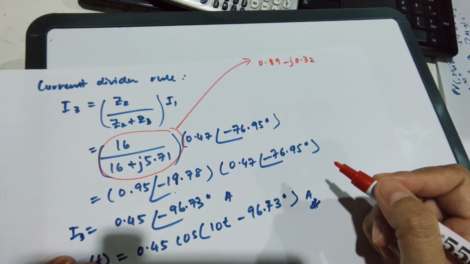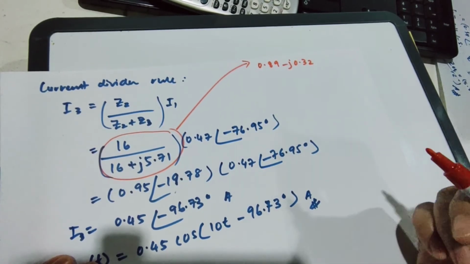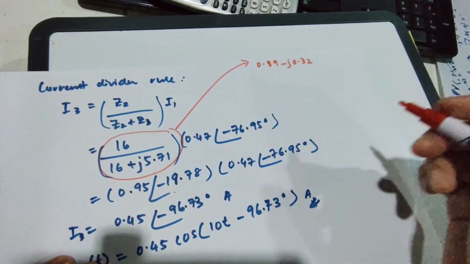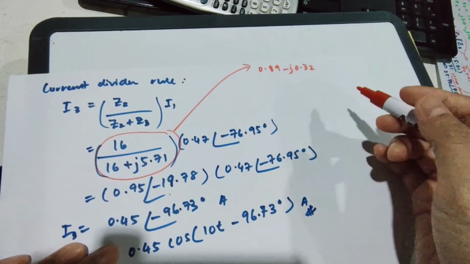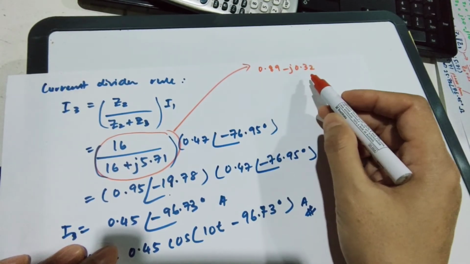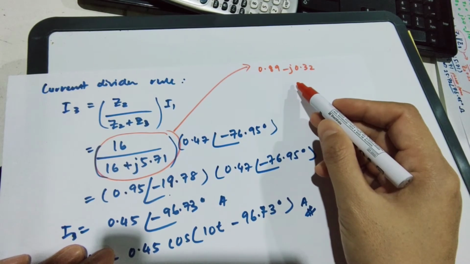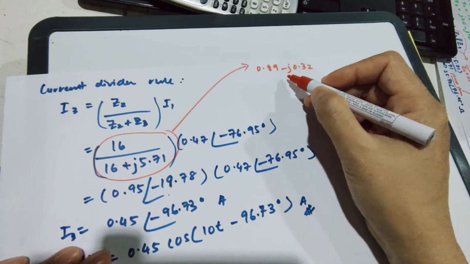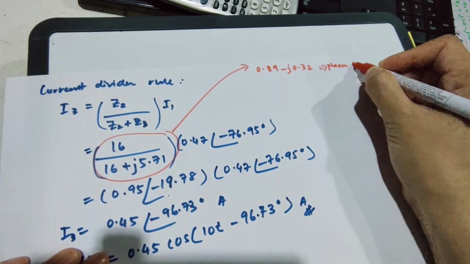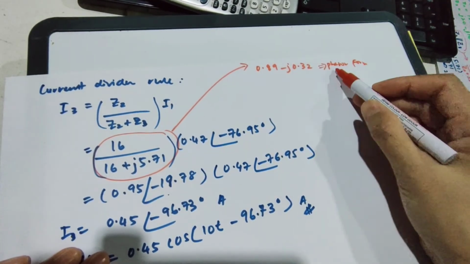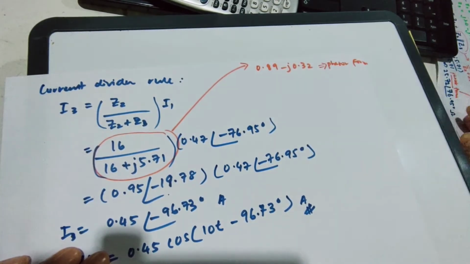Now, what's the problem then? Okay, 0.89 tolak 0.32, so you will get this one. When you solve this one, you will get like this. So in order to change this into a phasor form, we want to change it into phasor form. Okay, so macam mana tadi? The z will be